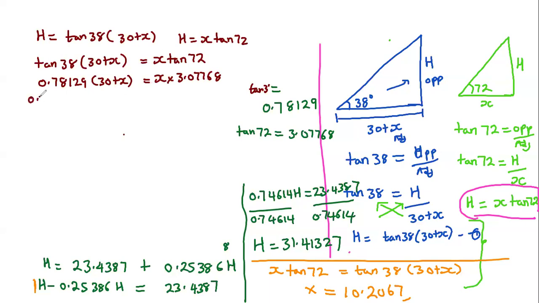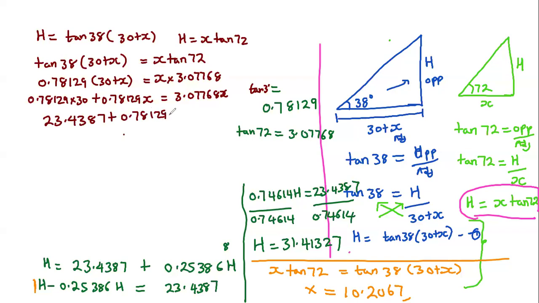So I'll say 0.78129 times the 30 plus 0.78129 times x will equal to 3.07768x. Then I multiply that times the 30. So here I'll end up with 23.4387 plus 0.78129x equals to